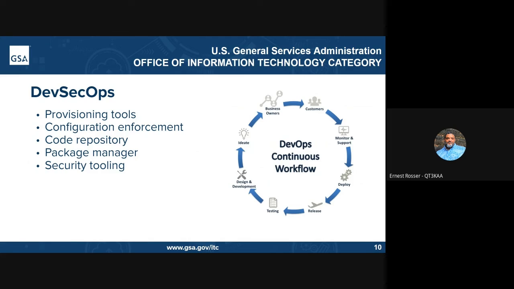DevSecOps. What is DevSecOps? It's short for Development, Security, and Operations. It's an extension of DevOps that incorporates security into every step of the software development lifecycle. It can be visualized in the picture to the right as a frame of reference. Though not specifically identified, you can see where security can be integrated into each step,